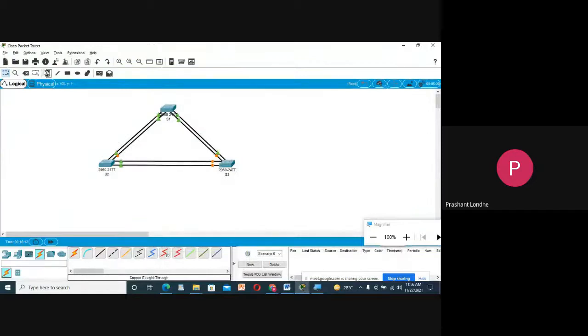So simply I will take one label and I will just write PAgP. Okay, so it will just remind me that I want to implement the PAgP.